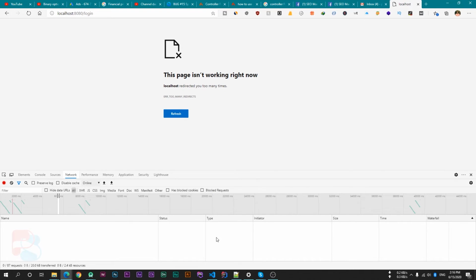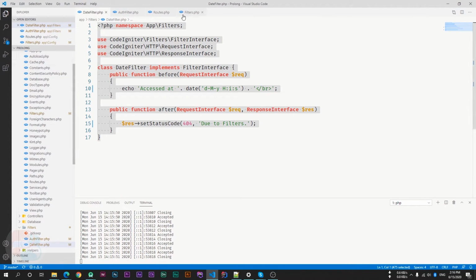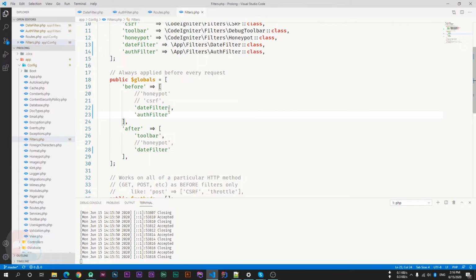So let's fix this as well. To fix this, go inside the Filters.php inside the config folder, sorry, inside the config folder, and where we have declared the auth filter. We can also specify where we don't want to execute this before function. For this we can specify here. In this array we can pass a variable which is except,